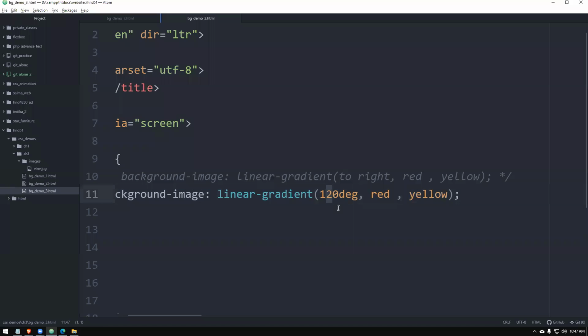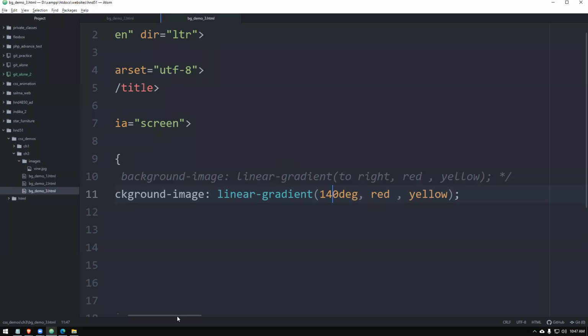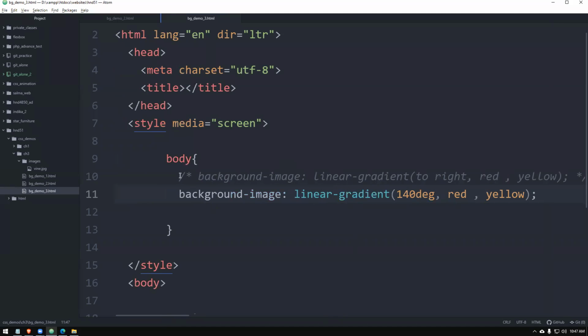So let's say from that to 140. See, now when I refresh, it rotates. See, that's how it comes, right? So I prefer you practice this one, right? These two you can practice to save some time. I'll give you that in the chat window. Okay, it's copied and pasted. Practice that and raise the hand, please.